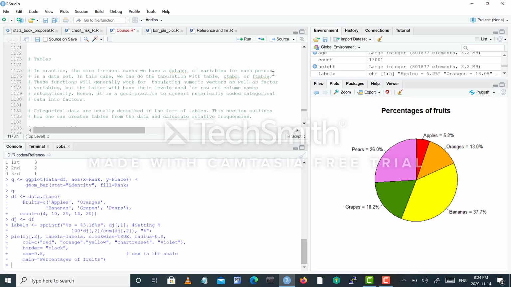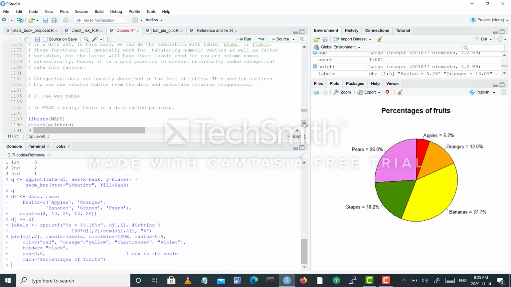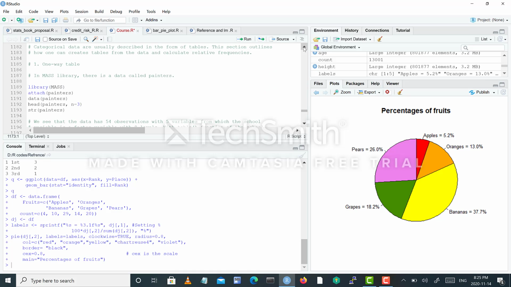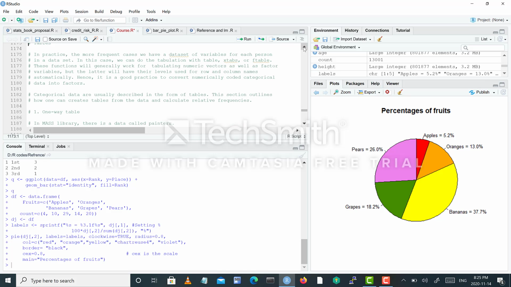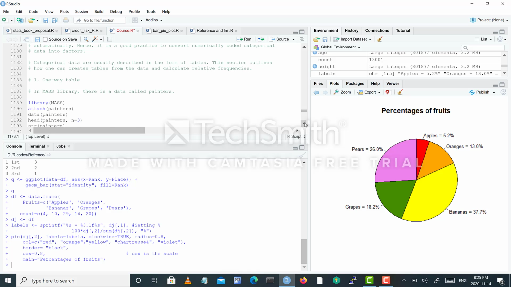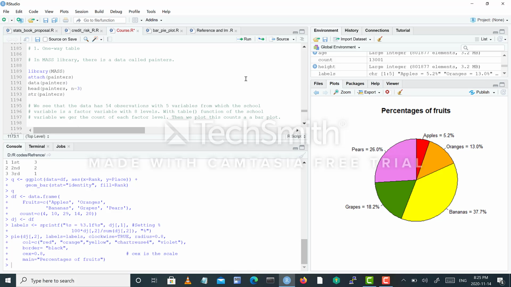Categorical data are usually described in the form of tables. This section outlines how one can create tables from the data and calculate relative frequencies. One-way table. In the MASS library, there is a data set called painters. So we need to first